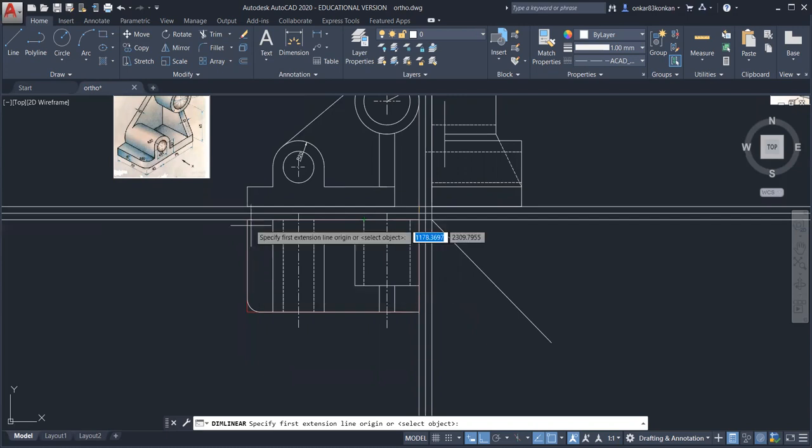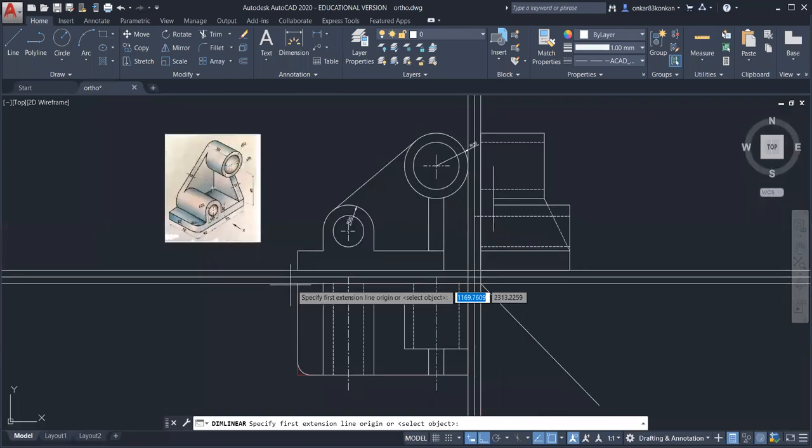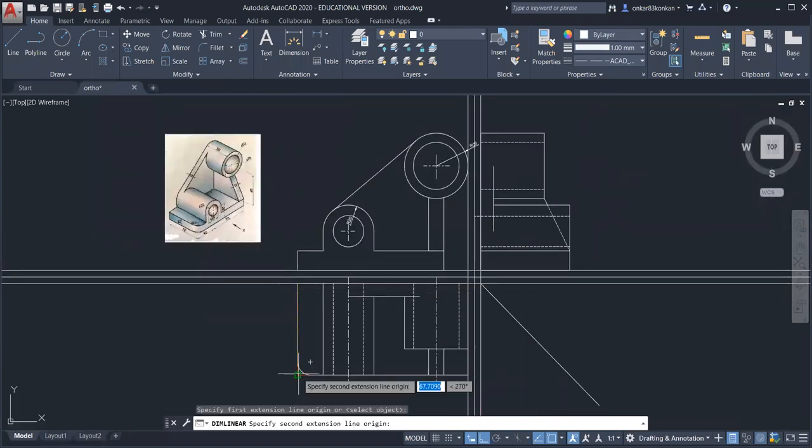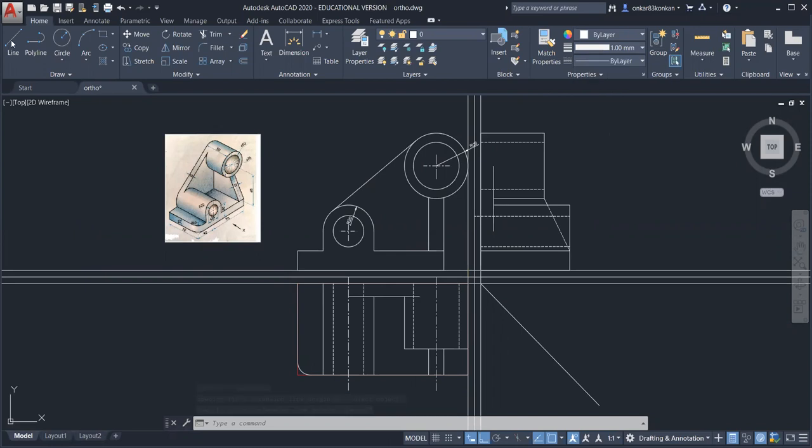So here, this is 70 mm. So click the first point, then second point. So first change the line. So right now the dash line is active. Make it bylayer. Select line. Click here. Click the second point.